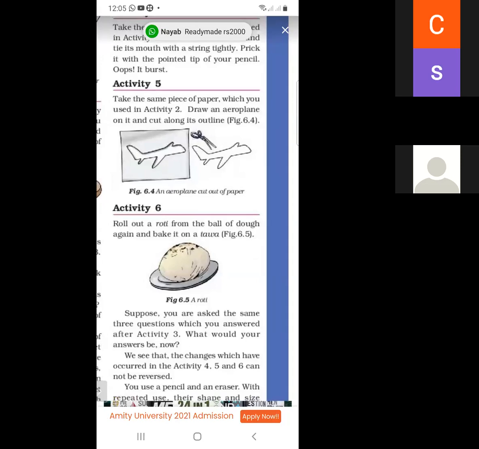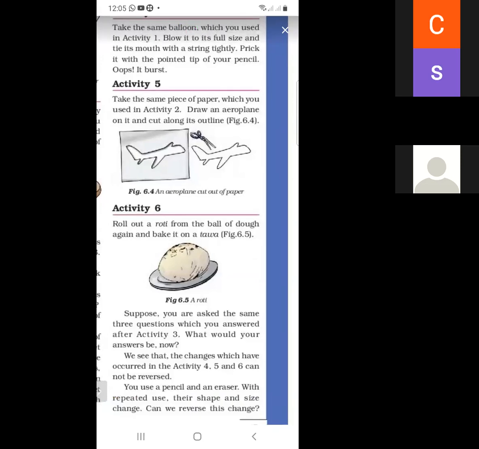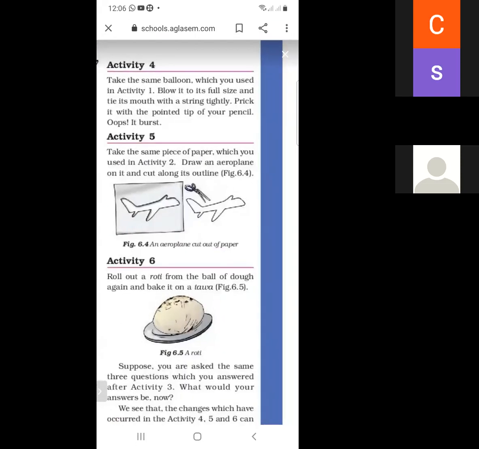Next is activity 6. Firstly, we take a roti and we make a bowl of dough again. And what are the changes? These are irreversible changes. We cannot get back the dough, we cannot get back the paper, and we cannot get back the balloon.